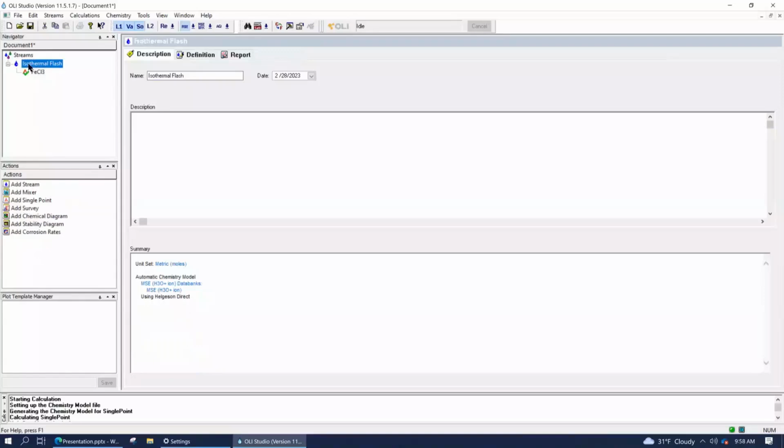If I'm at the stream level, I can either add another stream, a mixer, or add some calculations to it. If I'm at the top level stream, then I can add pretty much any object that I need to enter material. So there's no calculation shown here, but I've got the ability to add a stream, add a mixer, add a water analysis, add a scale chem object. So just keep note that there's a certain logic that the software uses, and the purpose is to make it more intuitive for the user. Sometimes it may not look that way, but in fact, that's the way we try to think here.